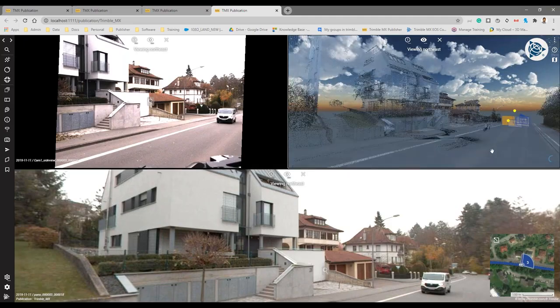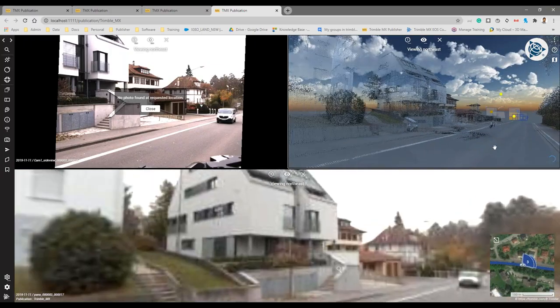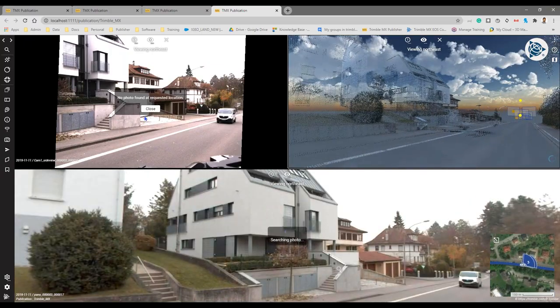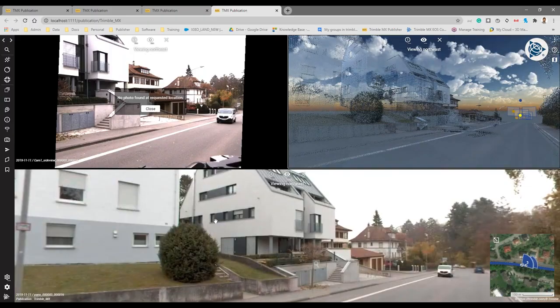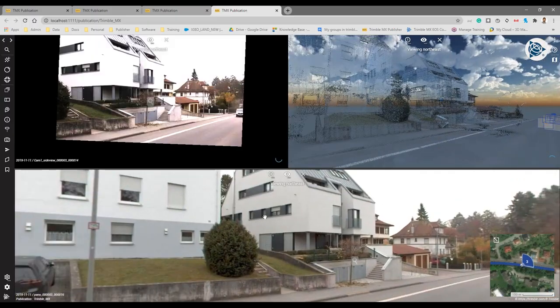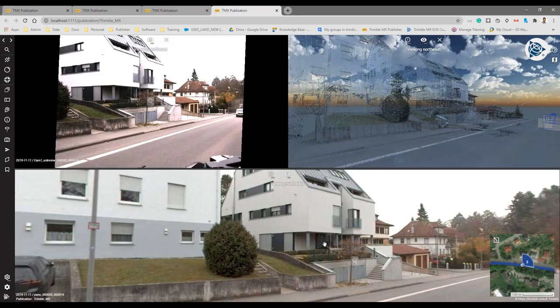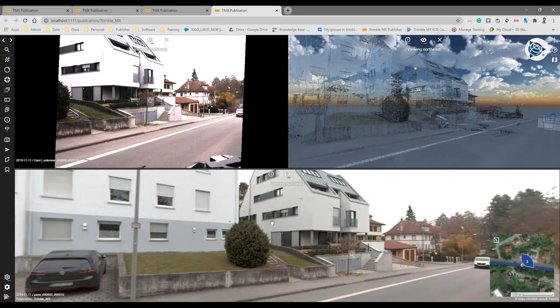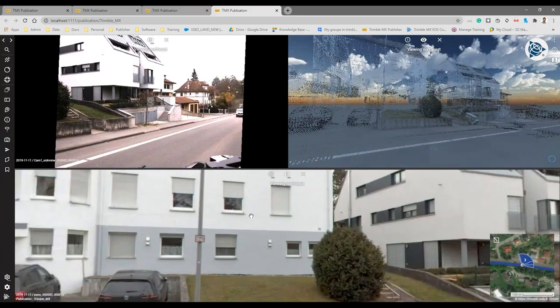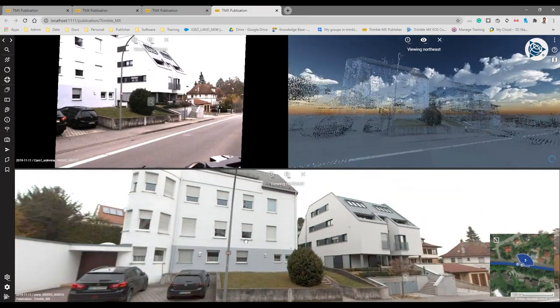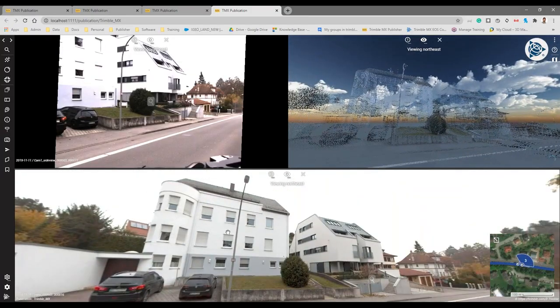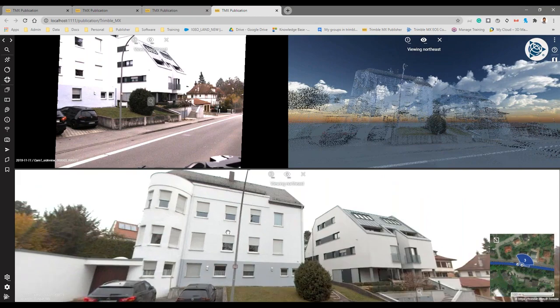If I navigate through the point cloud, my images and my panorama will be synchronized all together. And also, for example, in a case where we don't find a photo position for a specific location, we will need to use the focus view to synchronize and to visualize exactly the location that I wanted. So for example, now here I can use the